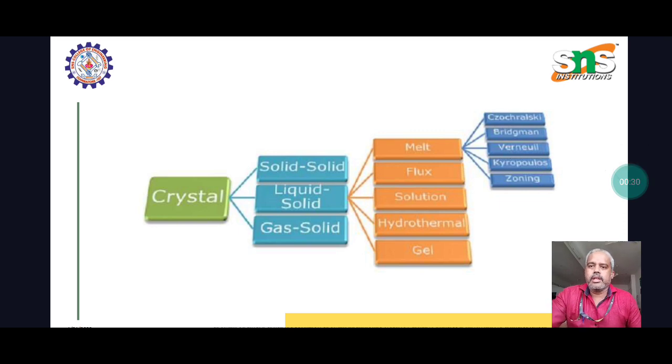The crystal is formed in different phases: solid-solid, liquid-solid and gas-solid. Especially liquid-solid is categorized in different ways: melt, flux, solution, hydrothermal and gel. The melt is classified in 5 categories: Czochralski, Bridgman, Verneuil, Kyropoulos and zoning. So we will discuss in this presentation the Czochralski